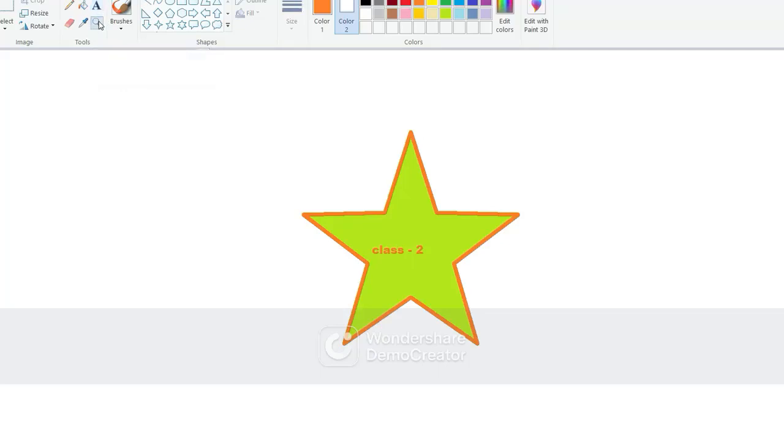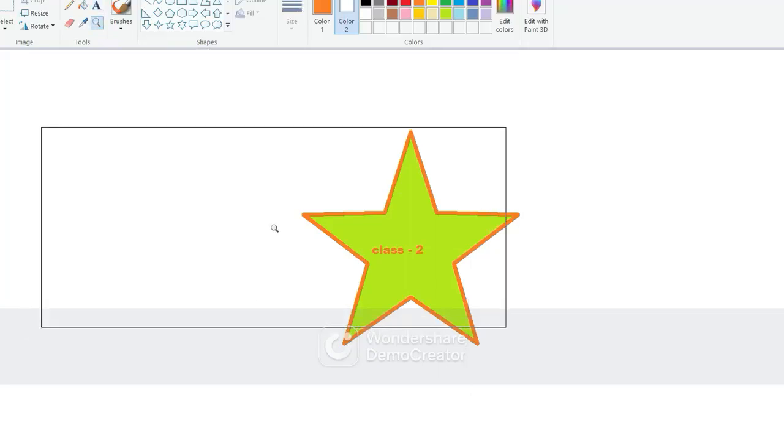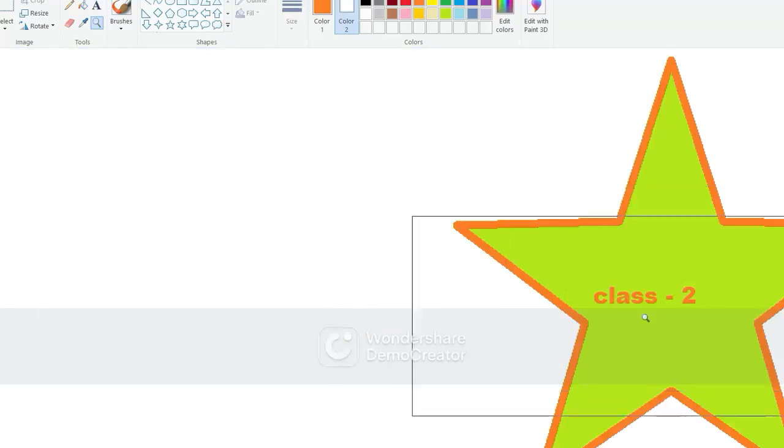Just take this tool and see, your cursor has changed into the shape of a magnifying glass. Now just click inside the drawing area, and your drawing becomes bigger in size.